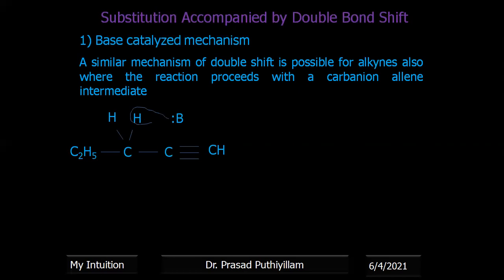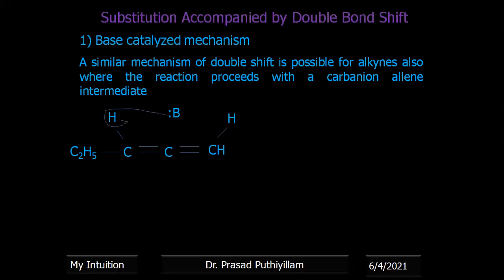Now this base takes one proton and becomes BH plus. So this is one of the interesting reaction mechanisms. Now this electron movement takes place. The carbanion wants to stabilize. Therefore, one of the pi bonds of the triple bond shifts. So here the triple bond means one bond is a sigma bond and the remaining two are pi bonds. One of the pi bonds shifts to the other end of the substrate, and the BH plus moves near to that, and the negative charge takes the proton, forming a CH bond there.